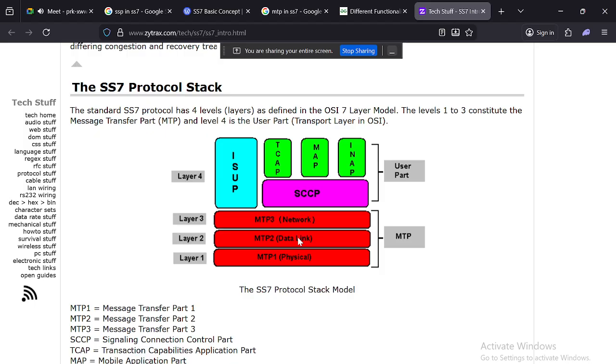So, the Message Transfer Part provides the lower layer for the stack, responsible for reliable, unduplicated transport of signaling messages. MTP1 is like the physical layer. This defines the electrical characteristics of the signaling links.